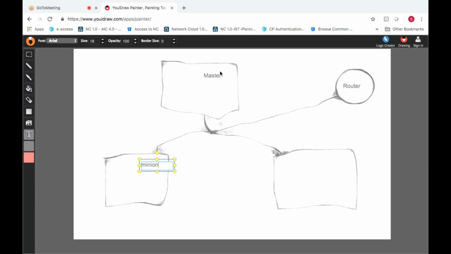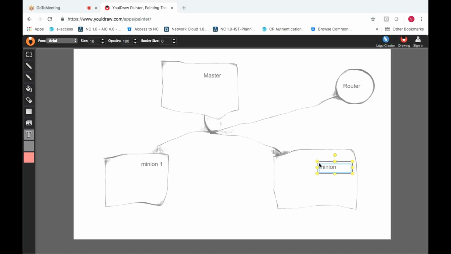Now the latest name is controller, and these are called nodes. Let's say it is Minion 1, and here it is Minion.